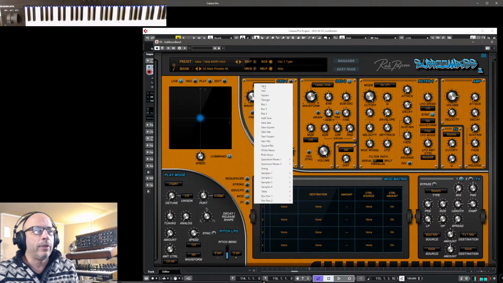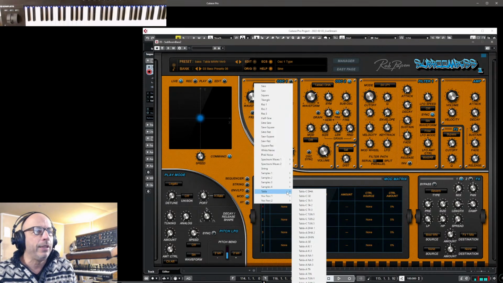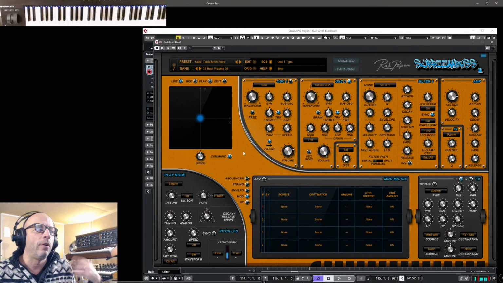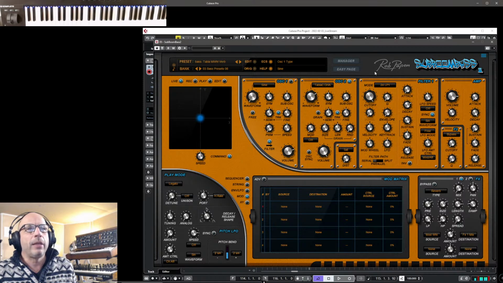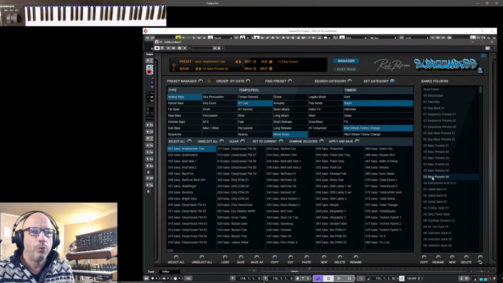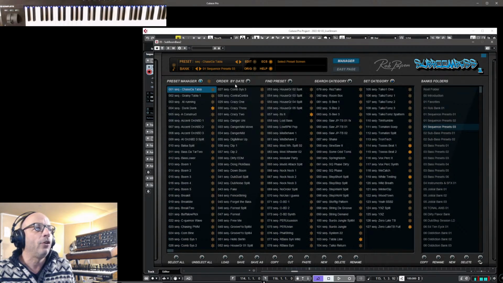So if you look here, you see, we also expanded this recently by adding so many percussion vocal things. And the tabla is added recently. And the advantage is, of course, with our own samples, they are tuned, very sophisticatedly created, very suitable for this type of sounds. And so if you would go to SubBoomBass-6 bass preset, these are many new presets I think we added, and also in the sequence presets there are many new ones. So if you go to the preset manager, order by date,